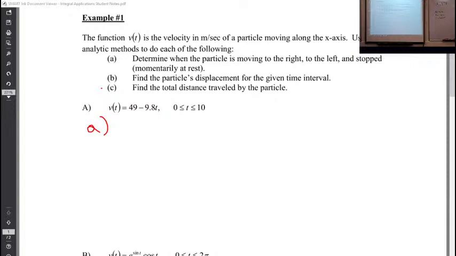And so the direction that things are moving is a question about which one? You can't tell movement just by looking at the position. The movement needs velocity to tell me the direction. So determine whether the particle is moving to the right, moving to the left, and stopped. So that's a question about velocity. Luckily, we have velocity sitting right there in front of us. So we don't even have to do any derivatives or antiderivatives. So